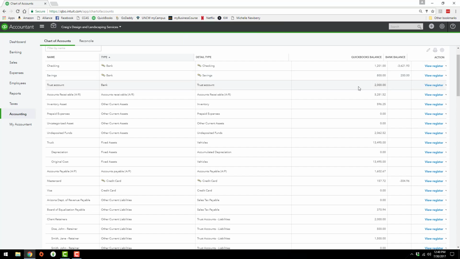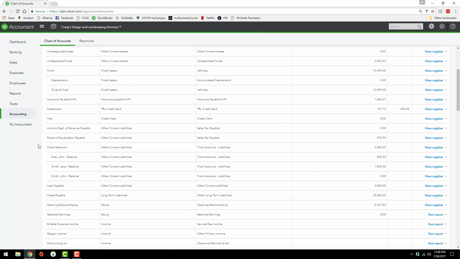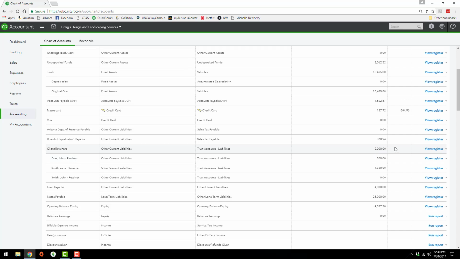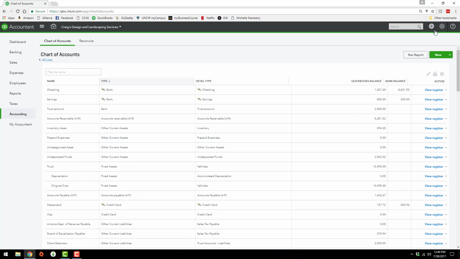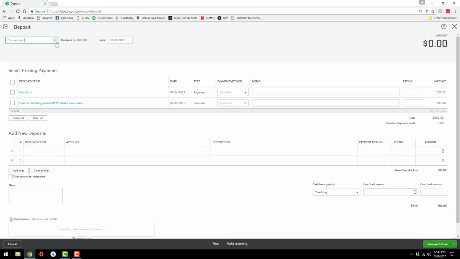So now the trust account is down to $2,000, and Jane's account went down to $1,500 instead of $2,000. So this still adds up to $2,000. So it still matches. And then of course I would have to do a deposit to operating here, or to checking, for that